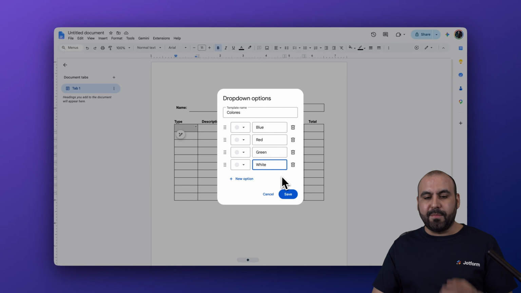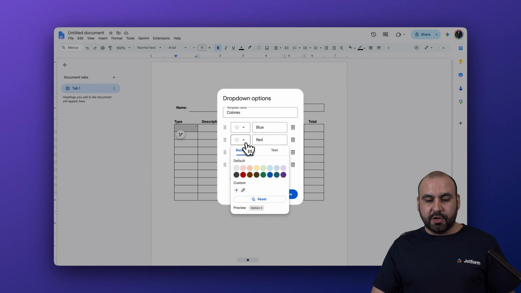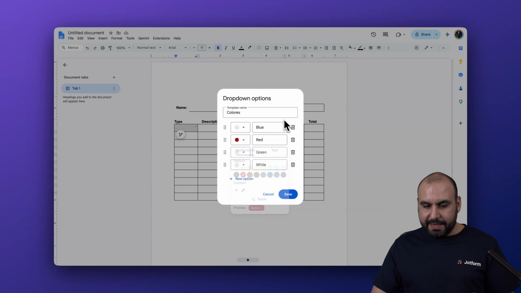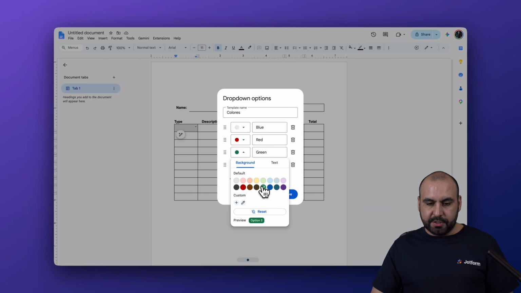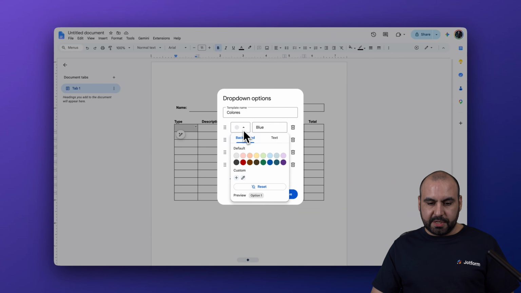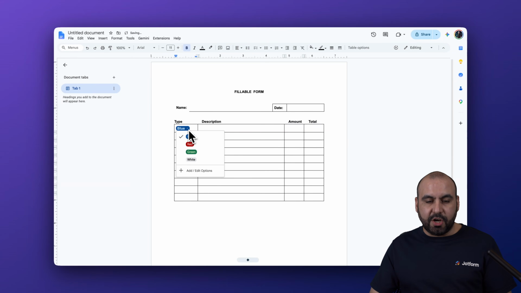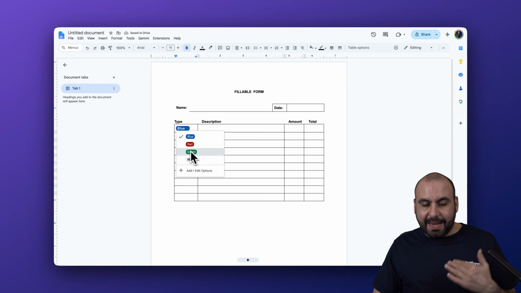Like I mentioned, it's just to give you an example of how you can use this. You can also color code this to help you locate it easily. So for example, here we go. Here's green and blue. We're just going to change it to blue. Here we go. Let's go ahead and save this. And now we have a drop down section here where we can select it and the user can select the